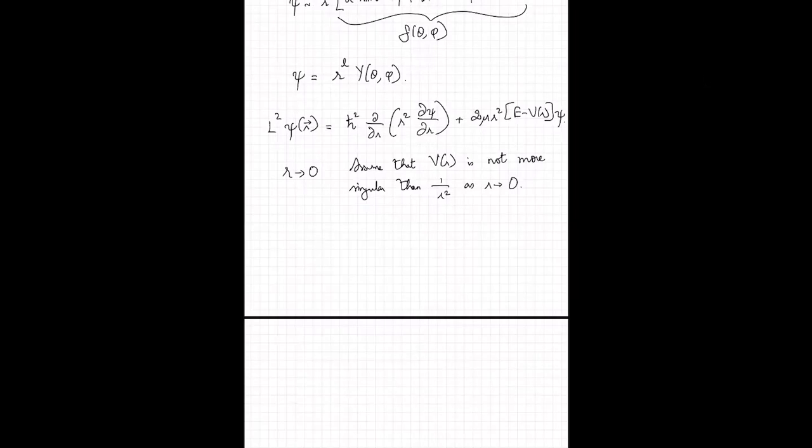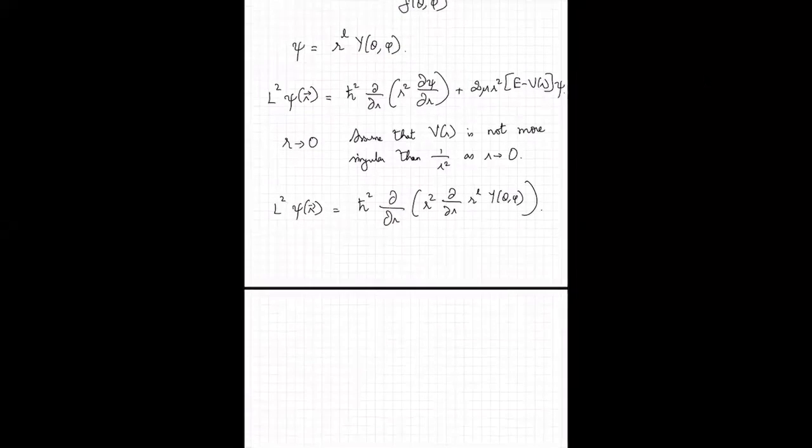So for example, for the Coulomb potential, V of r is 1 over r, so this is a perfectly valid assumption. All right. So if I look at this equation for r going to 0, then the left-hand side is L squared psi of r, equals, the second term vanishes, and the first term is h bar square d/dr acting on r square d/dr of r to the L Y of theta, phi, because that is the form of the wave function